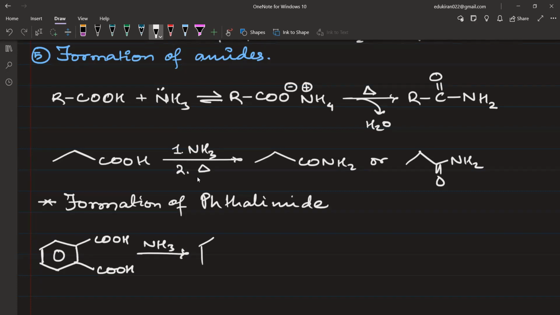Both of these get converted to COO negative, NH4 positive. Here also you'll get COO negative, NH4 positive. Now, once you heat this,